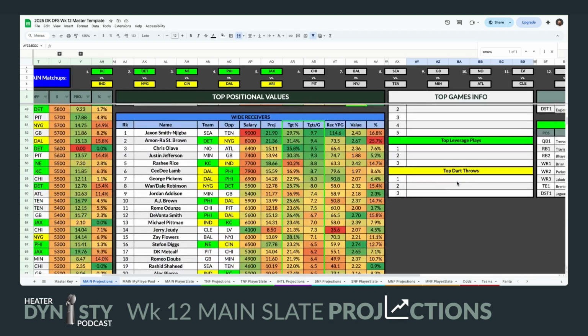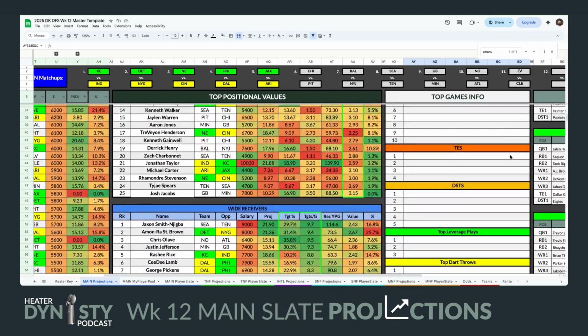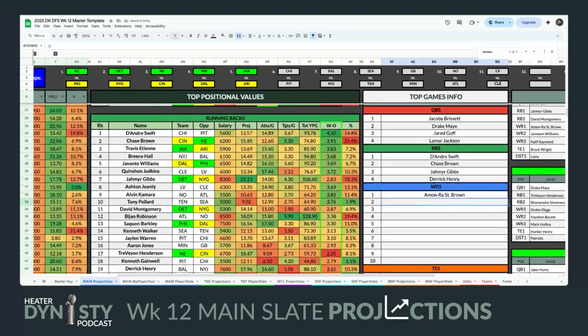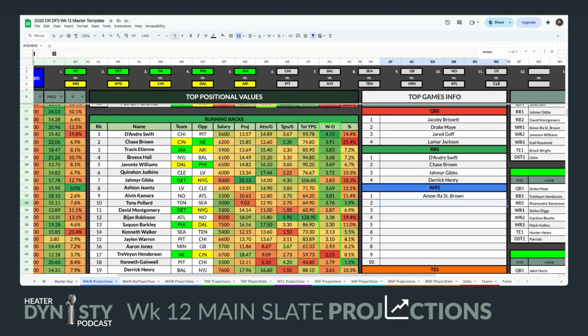Let's move on to wide receiver. Wide receiver, I think your top option is Amon-Ra. And I am fine with playing both of them in cash, both Amon-Ra and Jahmyr Gibbs. I'm totally fine with that. If you're uncomfortable with that, then maybe play someone like I would put Amon-Ra as more important than Jahmyr Gibbs this week.